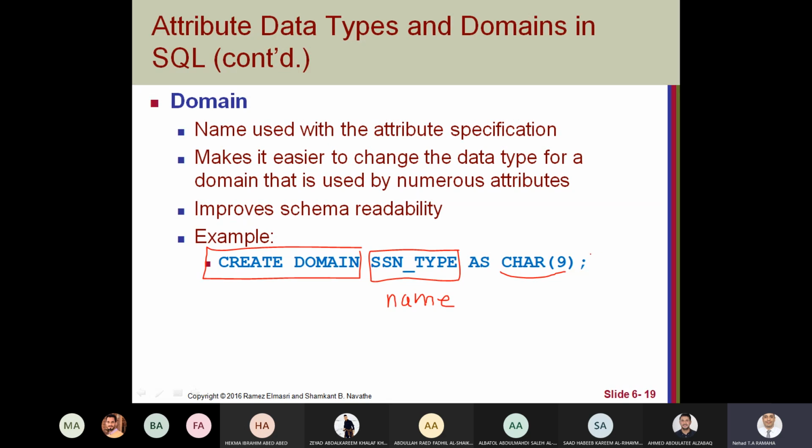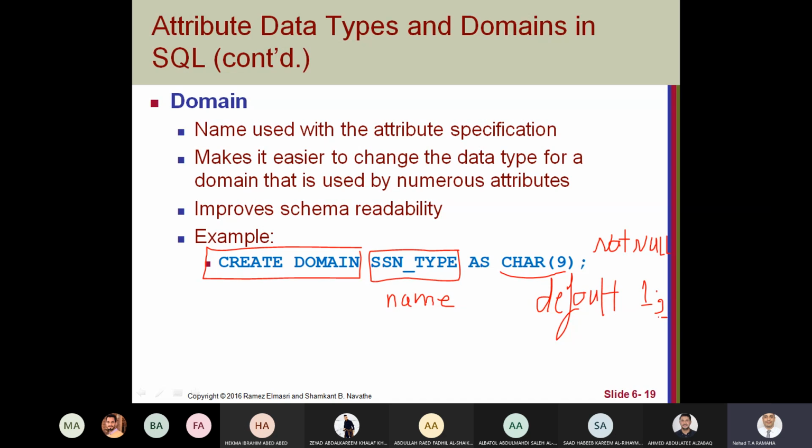Then I can put many things like data type, and then you just leave a space and you can put a constraint like not null. You can leave another space and put a constraint like default. For example, default 1.